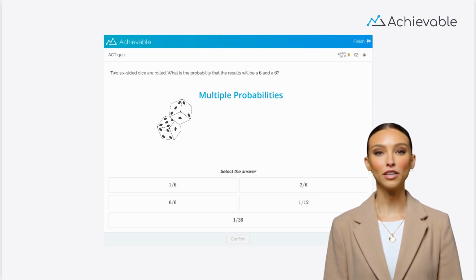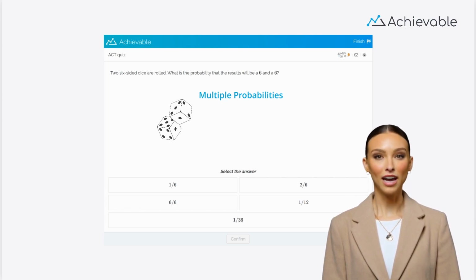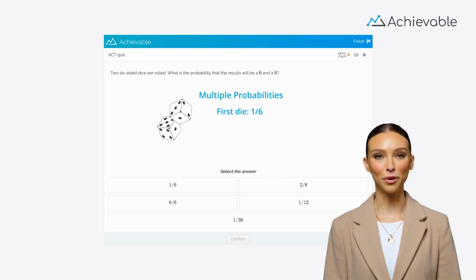Let's find the probability for each individual roll first. What's the probability of rolling a 6 on one die? Since there are 6 sides, and only one side is a 6, the probability is 1 out of 6, or 1 over 6. Now, because the second die is a separate roll, the probability of rolling another 6 is also